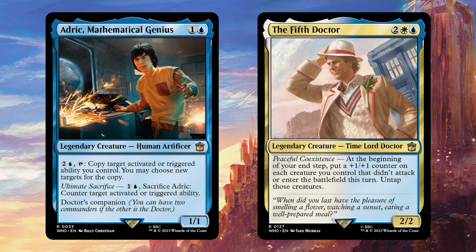We can keep copying the Fifth Doctor's triggers over and over and over, always keeping 1 to copy on the stack, and those creatures are going to get arbitrarily large because they're going to get a +1/+1 counter each time, and we can just very easily win from there. There's actually a ton of cards in the deck that can act as win cons. There's a ton more that I haven't included that could be win cons too,